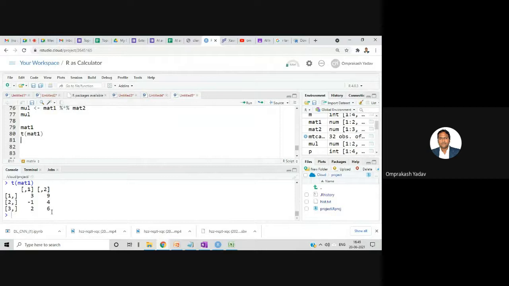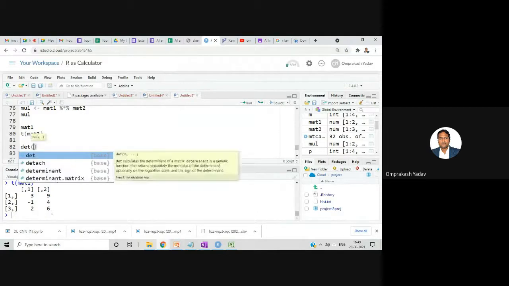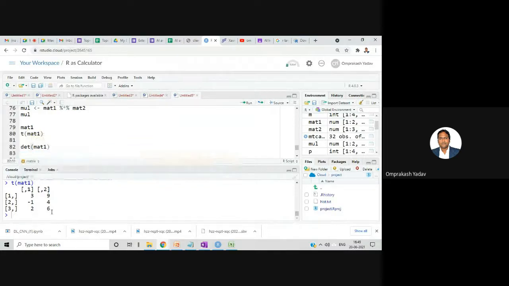We have covered almost everything, but one more is there. If you want to find out the determinant of the matrix, you can say det, and let's say mat1. Here det stands for determinant of the matrix. All these concepts are from maths. If you read matrices in mathematics, there are contents like how to find the determinant, how to do the multiplication, how to find the inverse of the matrices. Here we can directly find the determinant, just say det.